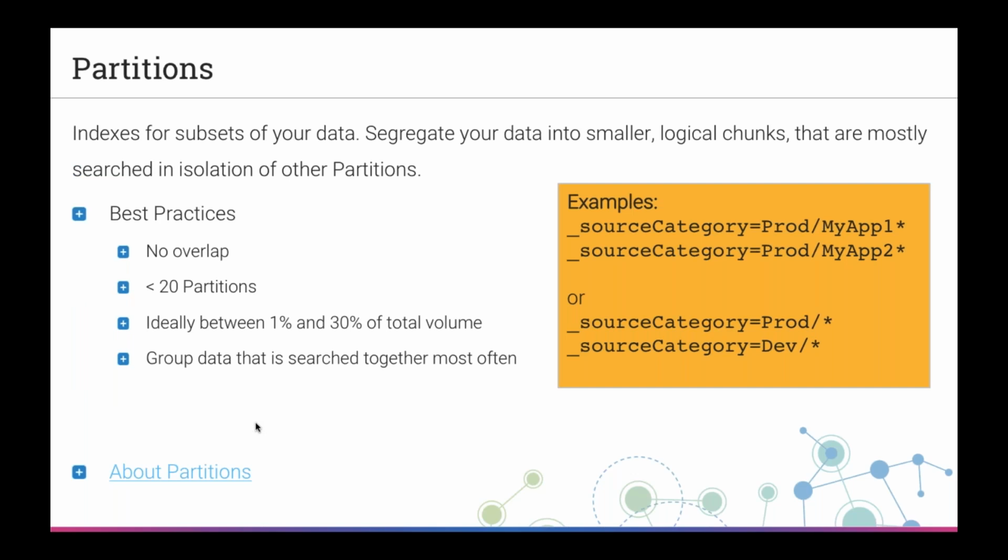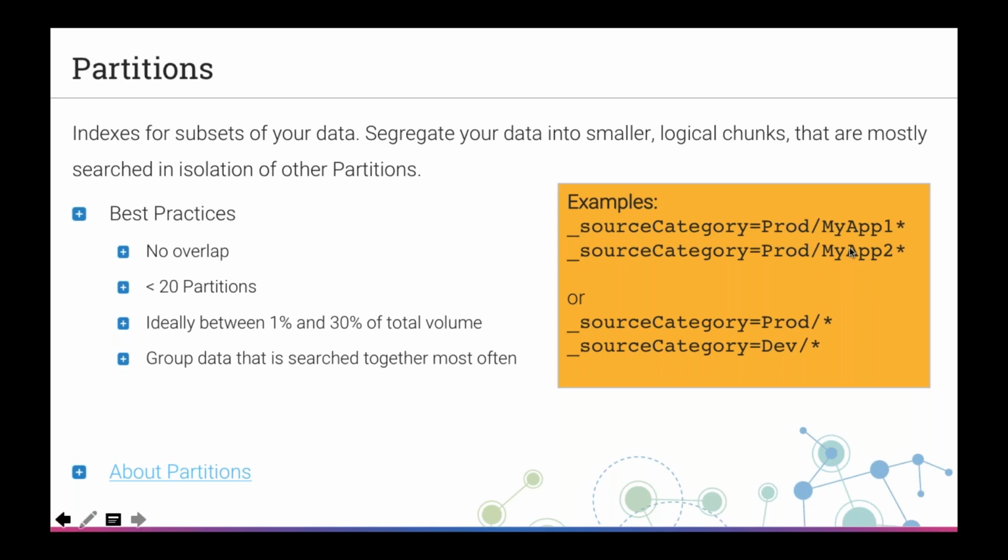The second one I want to talk about is partitions. As I mentioned before, partitions are a way to bucket your data, to put your data into small buckets so that when you're running searches in your data, you don't have to search across 100% of your data, but instead you can segregate your data and just search for smaller chunks. So for example, you can create a bucket with the following definition. You could create a bucket called prod, or prod app1, that has a source category equals prod/myapp1 star,